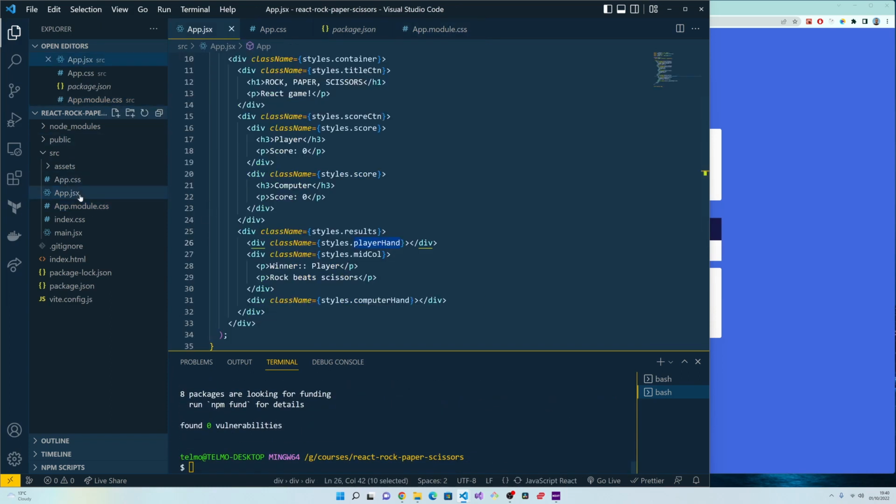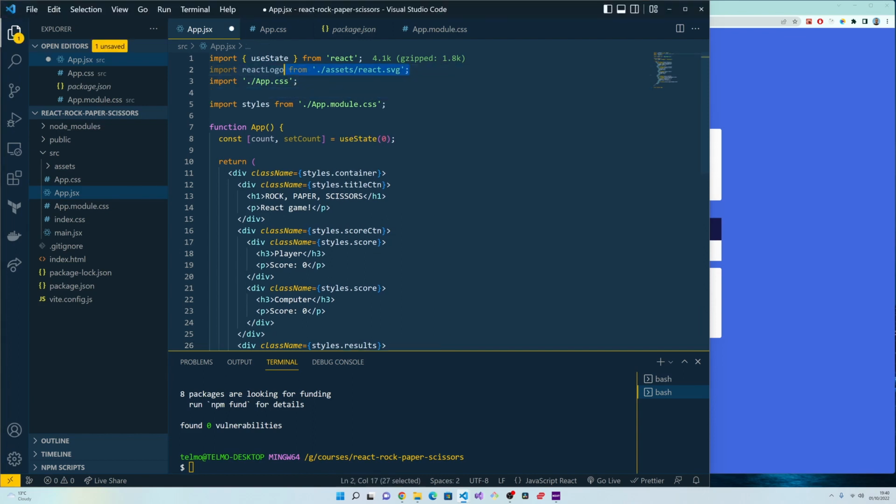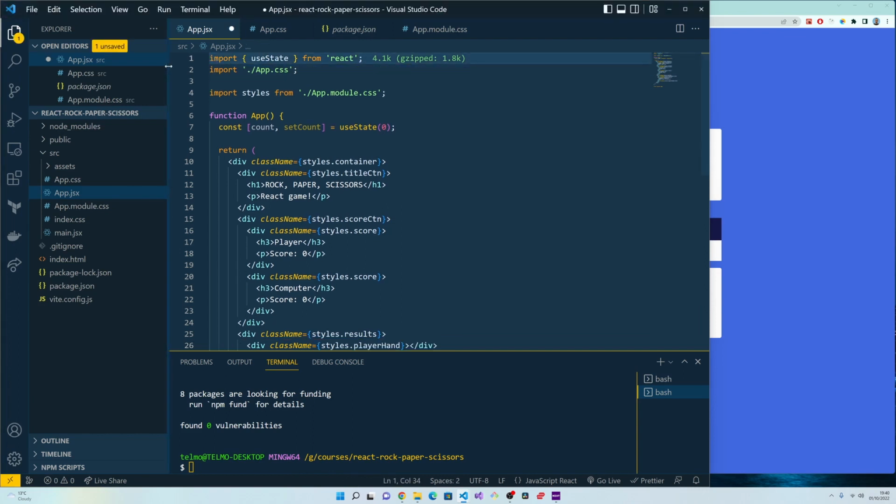And if I want to use some of these icons that are available for us, you can go, obviously, to the documentation of React Icons. There are many different ones. I just grabbed the ones that look like rock, paper, scissors, really. So I'm going to do exactly that. So on the top of my file, by the way, I'm going to delete this React logo. We don't need this. I'm going to do import, and I'm going to do